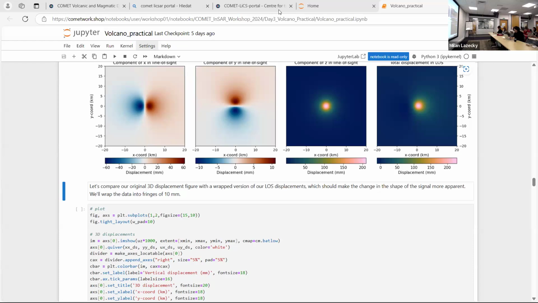What is the best length of data as input? Is it sufficient if only before and after? That's quite a specific question. I guess it depends on your coherence and when you expect the deformation to have taken place. In lots of eruptions, you may get deformation before the eruption, but not all of them. And in some eruptions, you will get deformation afterwards. But if you have an eruption that changes the ground surface massively, then you may not expect coherence anymore, so you wouldn't be able to use InSAR.